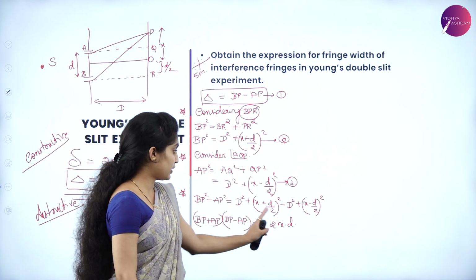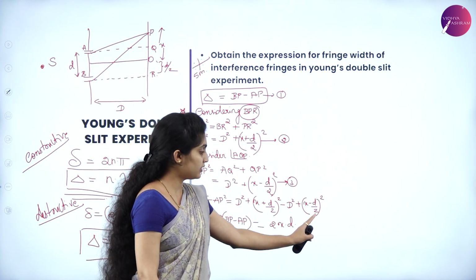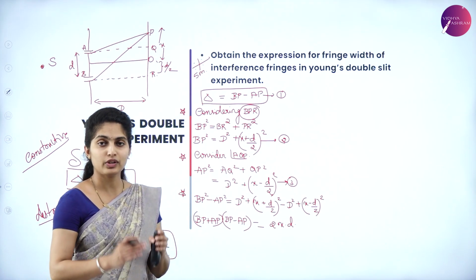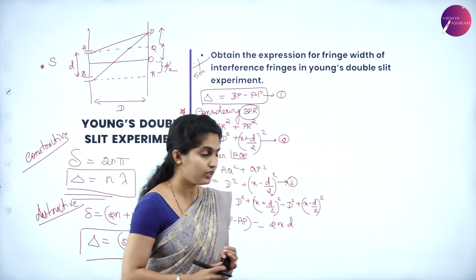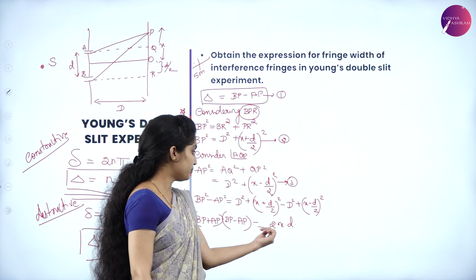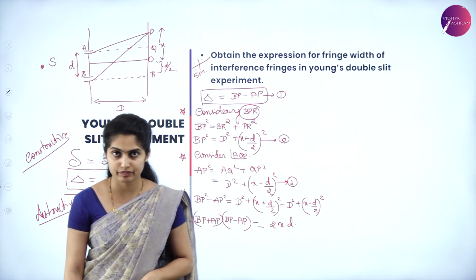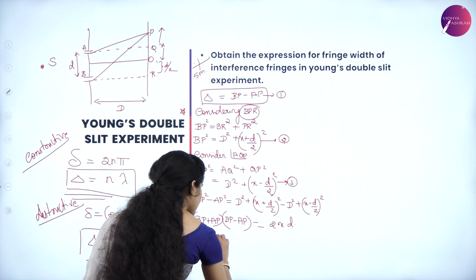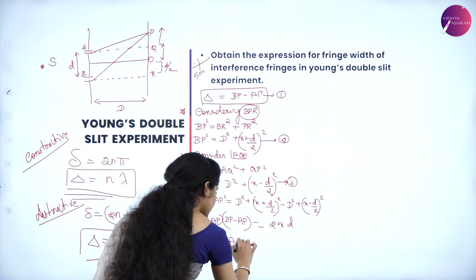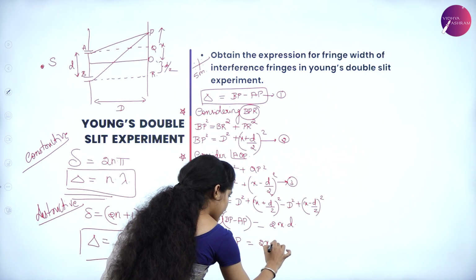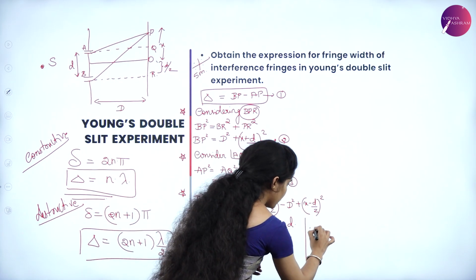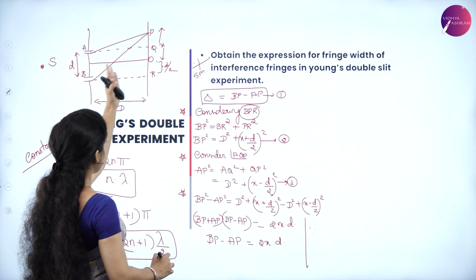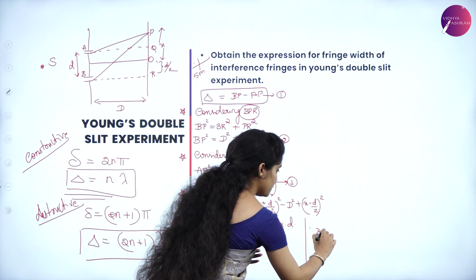This is by using (a+b) the whole square, and this is by using (a−b) the whole square. You will get some equations wherein terms cancel out each other, leaving 2xd. So now we need to obtain this. We just retain BP² − AP² equal to 2xd, and since we know that BP and AP are approximately equal to D,